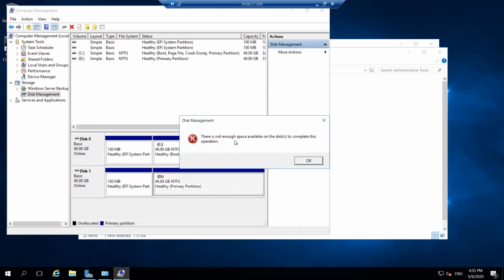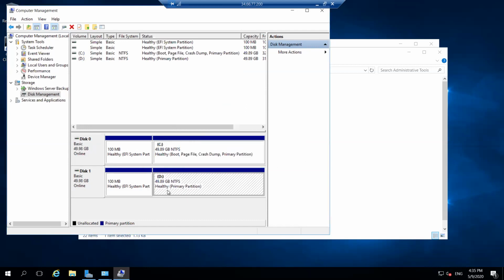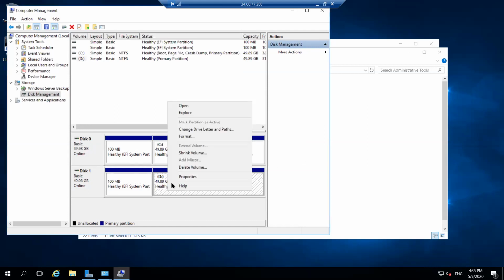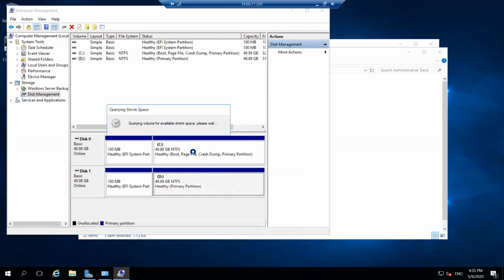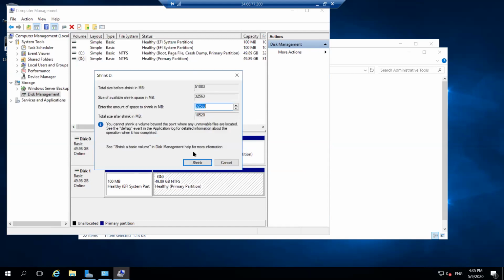Then there is an error: not enough space available on the disk to complete this operation. So we will again go for shrink volume.